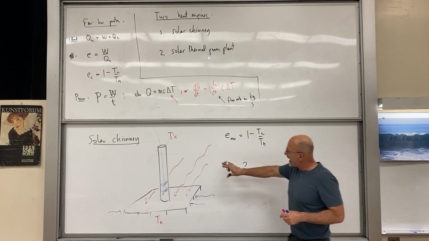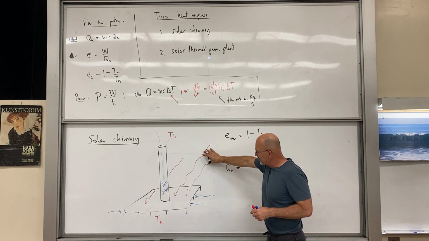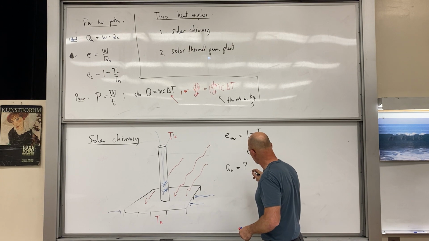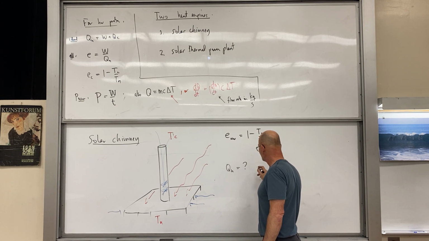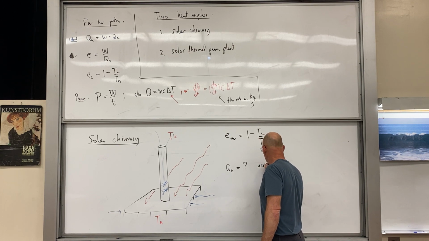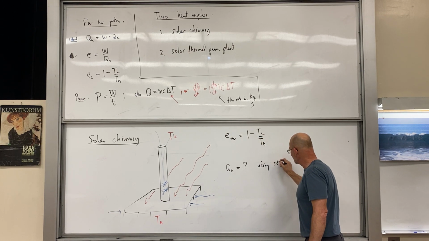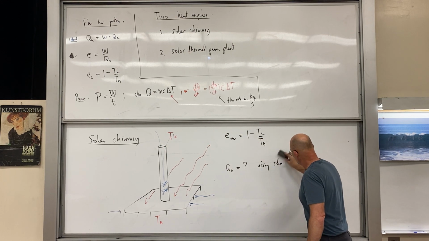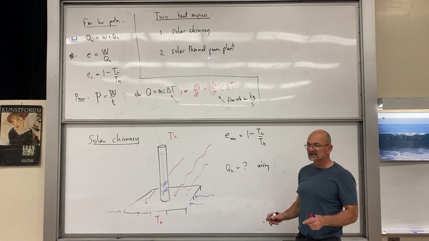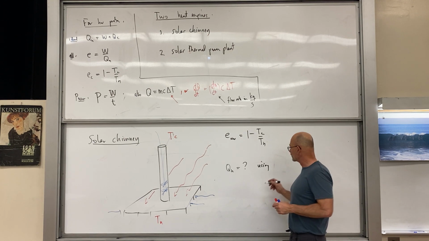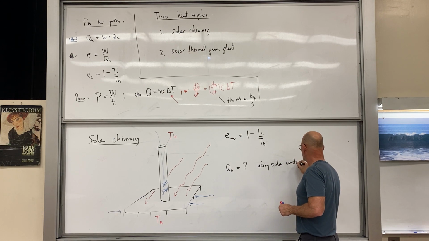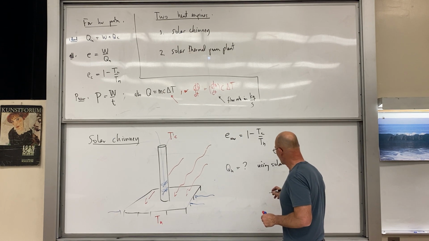Well, we know that the maximum amount of energy would be the solar energy that came through here. So we would have, using the solar constant, let's write this out. We talked about the solar constant, 1,340 watts per meter squared. So we use the solar constant, and then we would have